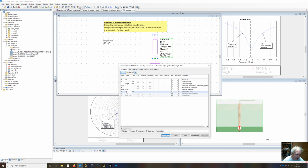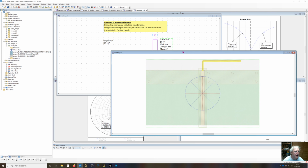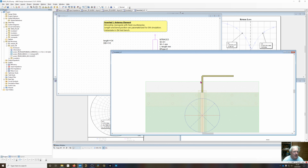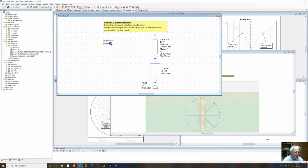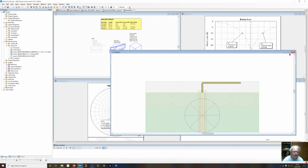So I went back in and added a variable called dB for the position, and then I can manually change that. So if I open up the layout for this right here and change this parameter to, let's say, 12, it will put the bend higher up the length of the line, so you can parameterize that. I'll change that back to 7. And you can bring it all the way down to a value of 1, where it's almost touching the line right here. But we'll go ahead and close this and get back to the EM